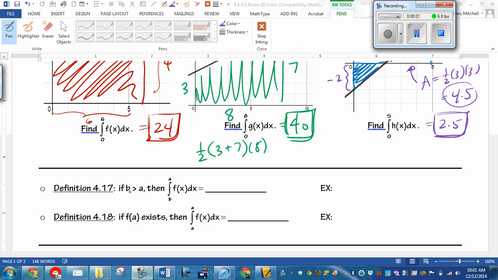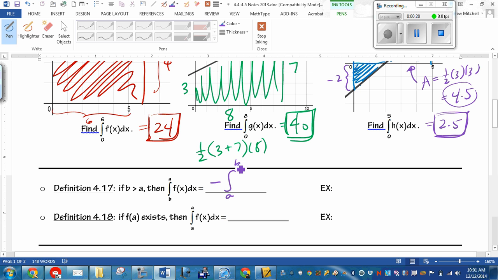First one says if b is greater than a, and b is on the bottom. That changes things up, because normally the bigger number is on top, smaller one's on the bottom. We're going from left to right, from a to b. But if they're switched around, that means that the integral is going to be the opposite of what it would